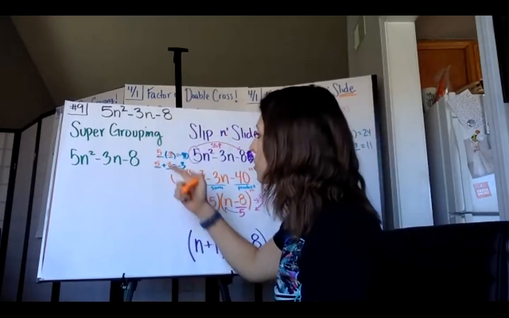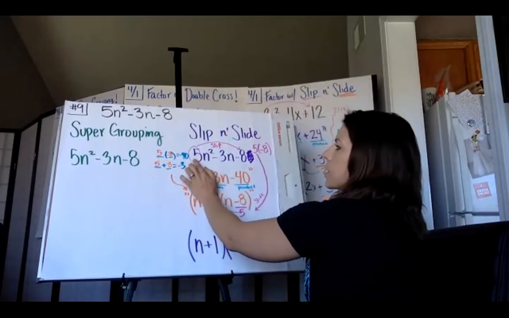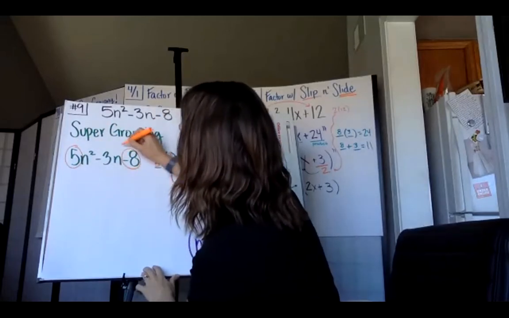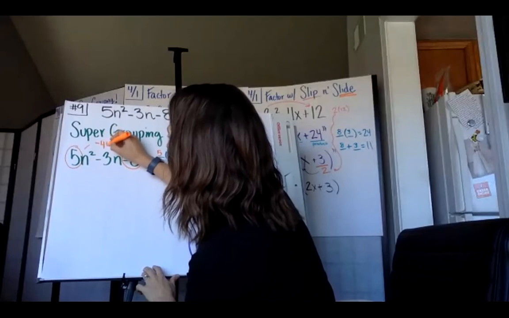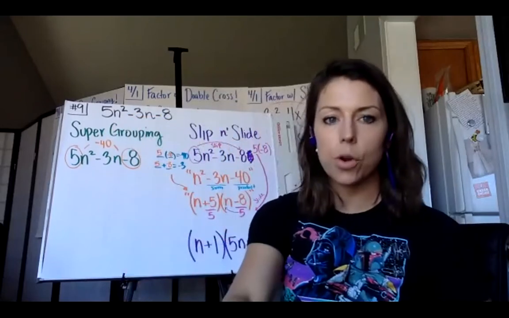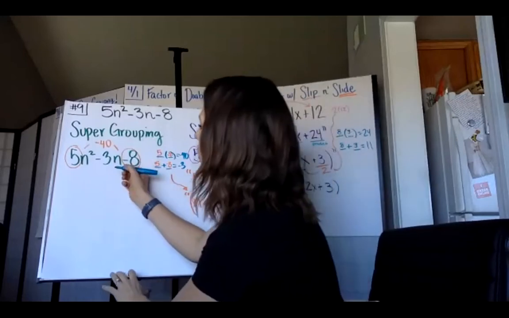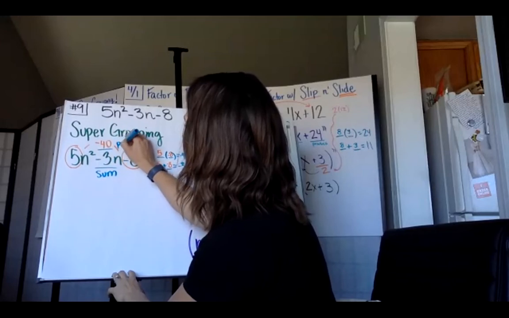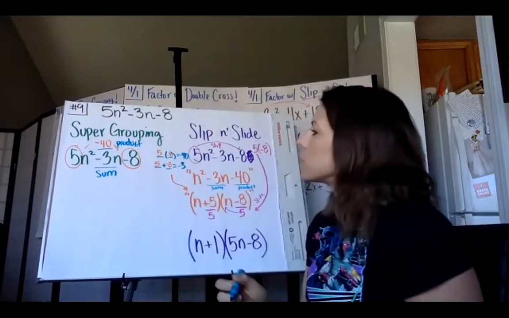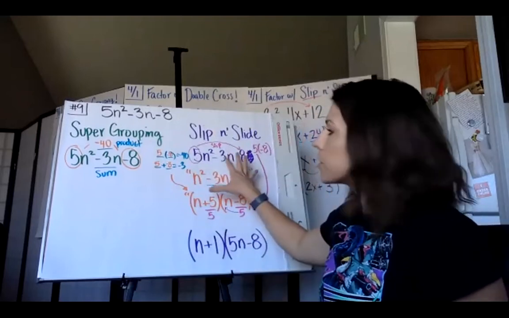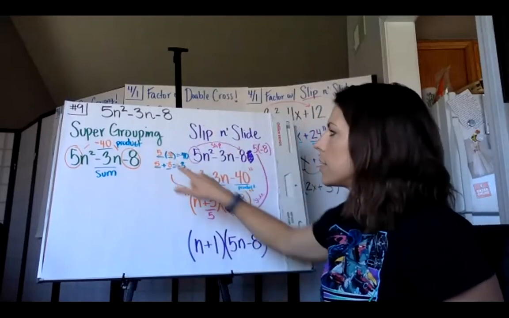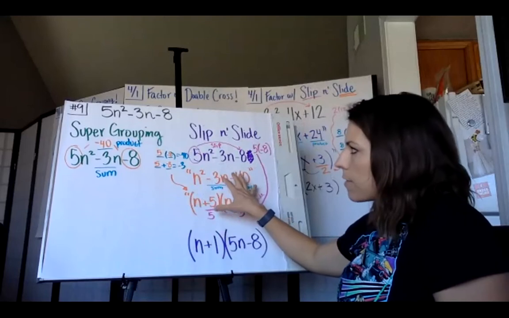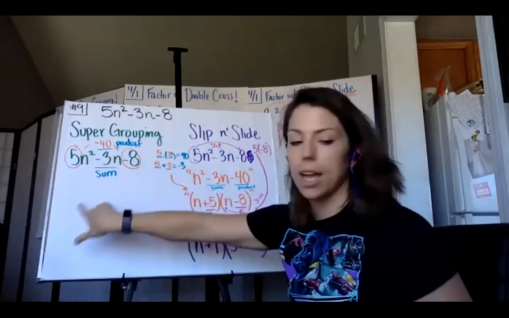All right. So to play the P's and Q's game with supergrouping, very similar to slip and slide, where you flip this to the end, you're going to multiply the first and the last term. 5 times negative 8 is negative 40. And that is your product using P's and Q's. So now we play the game. What two numbers have a sum of negative 3 and a product of negative 40? We already did this over here, so we know that those two numbers are 5 and negative 8. What's different between these two is that we're not factoring using 5 and negative 8. We're using 5 and negative 8 to break up the middle